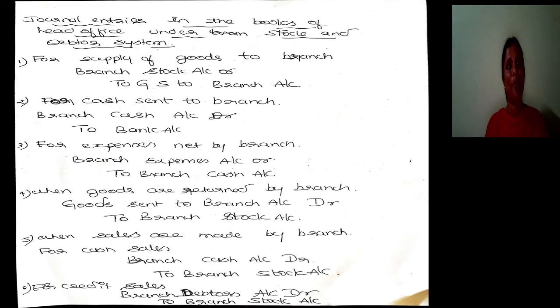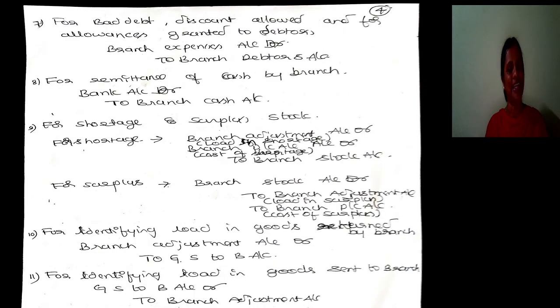When sales are made, branch stock reduces and cash increases if it is a cash sale. Debtors increase and stock decreases if it is a credit sale. For all expenses incurred on debtors, expenses increase and debtors decrease, so expenses should be debited and debtors should be credited. For remittance, branch cash decreases and the bank balance in the head office increases, so the bank account should be debited and branch cash